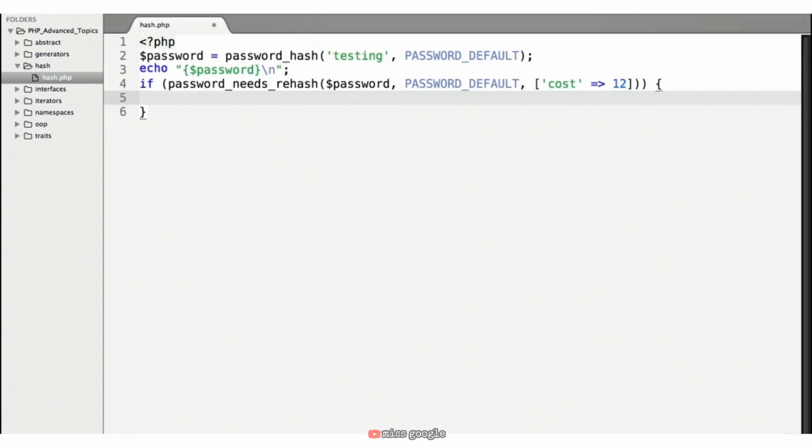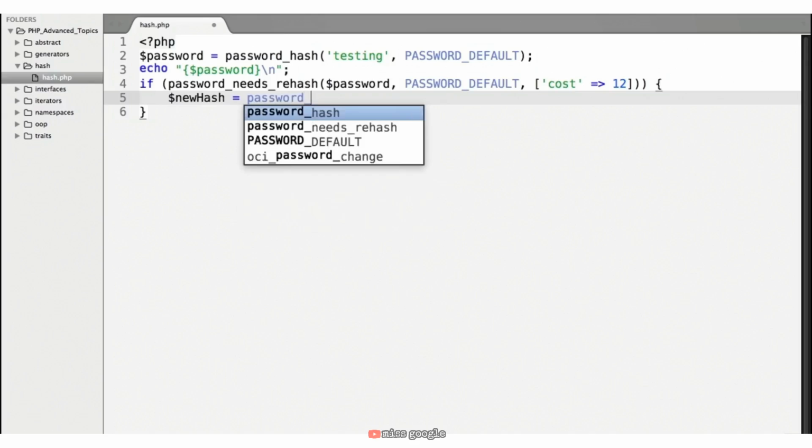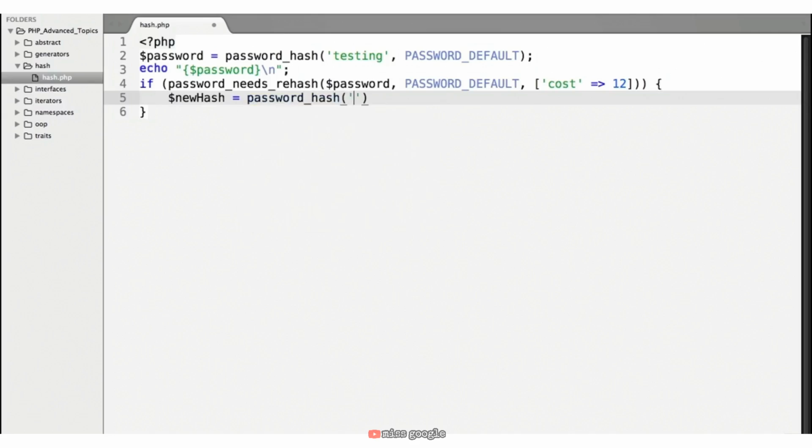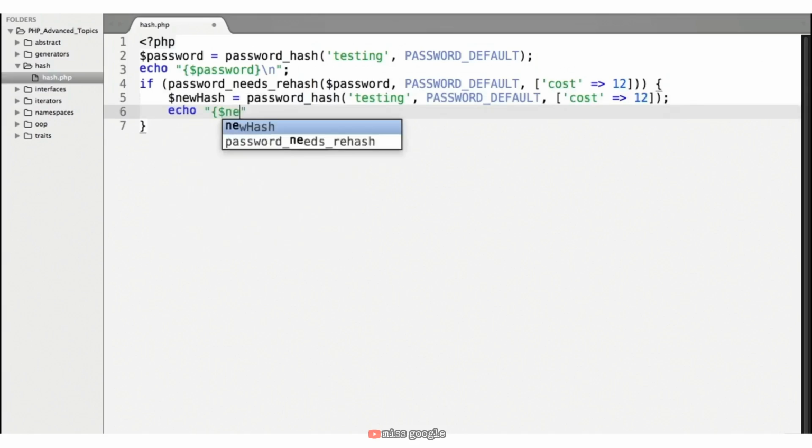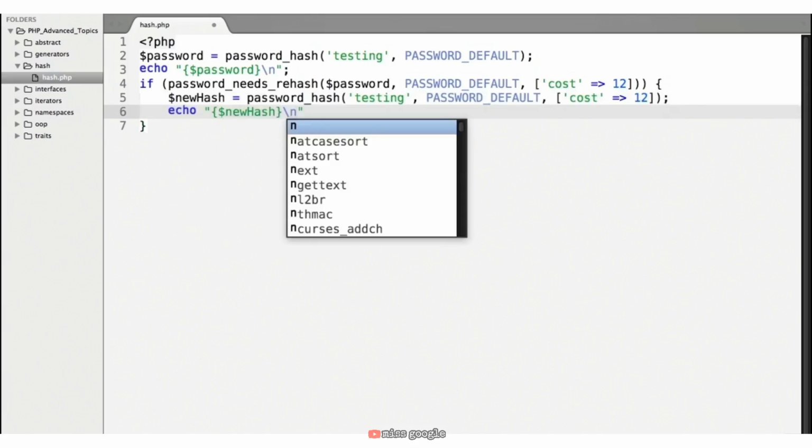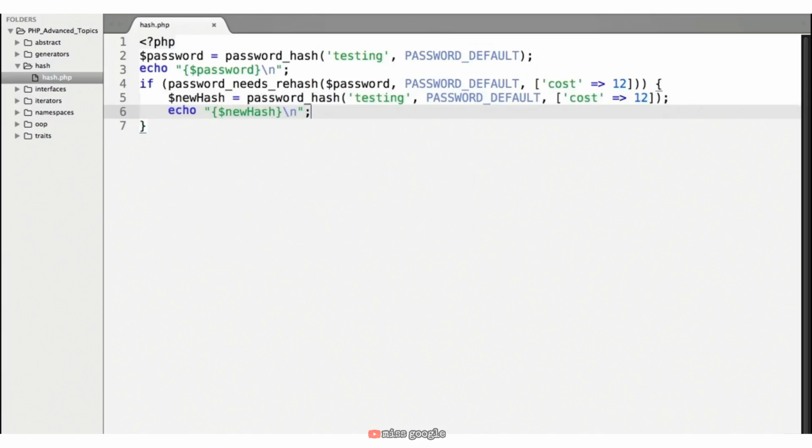So then we can call new hash is equal to password underscore hash, pass in the string testing again, pass in our constant password default, and then our array with a cost key and the value equal to 12. And on line 7, we can echo this new hash value and our new line. If we save this and go over to our terminal and run it using the command php